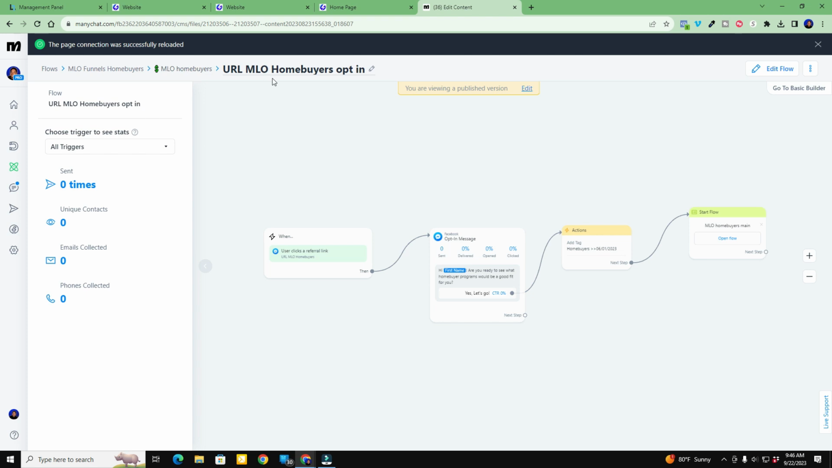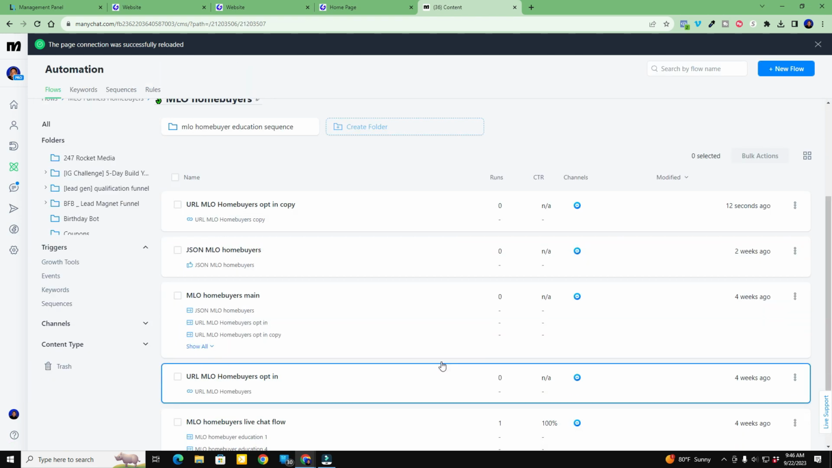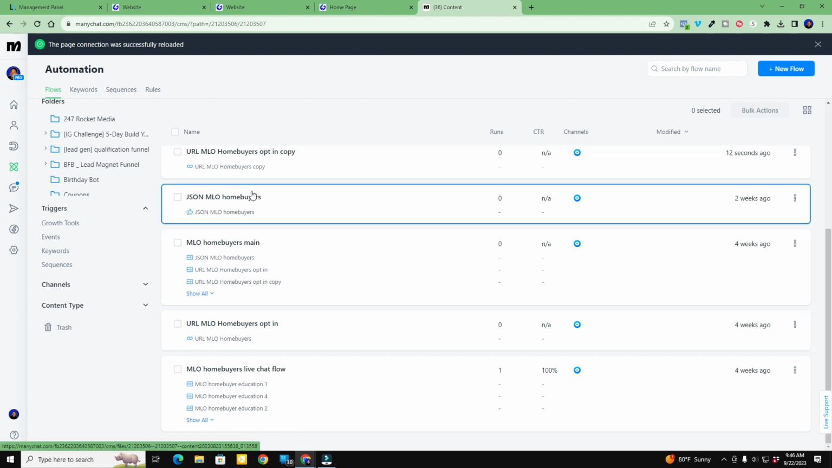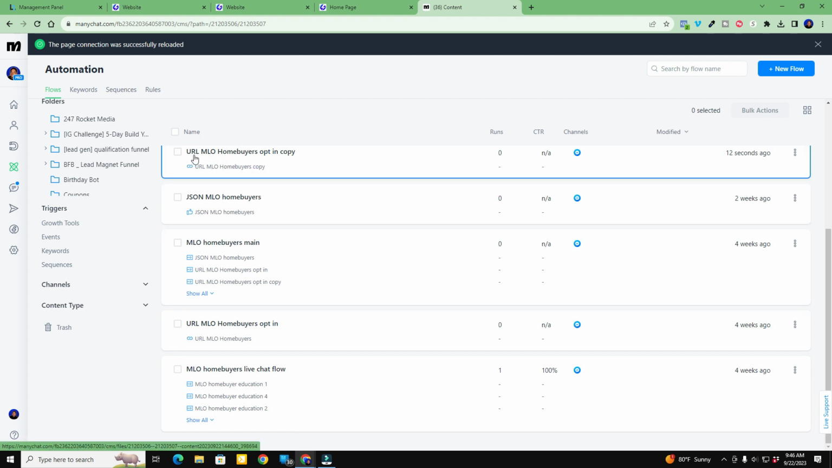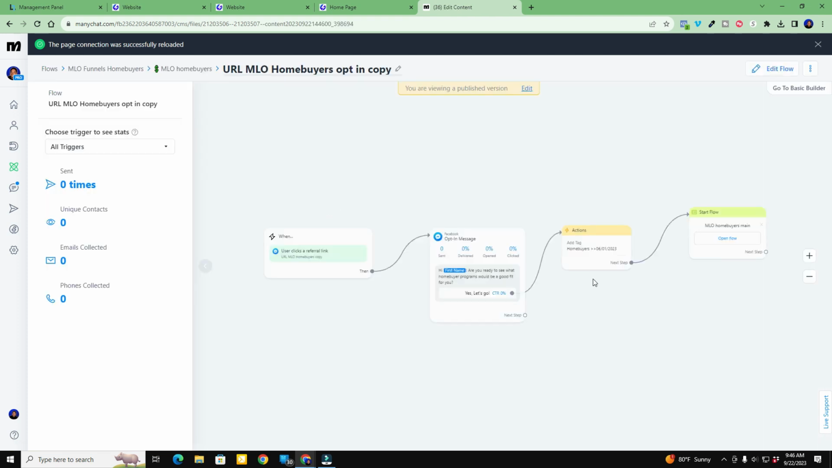So let's go back to my folder. I'll come up here to the breadcrumbs and click the folder. And now you can see I've got another Homebuyers opt-in copy. And this is the URL. Okay. So what I'll need to do is come in here and simply edit the tag. So I'll edit flow,